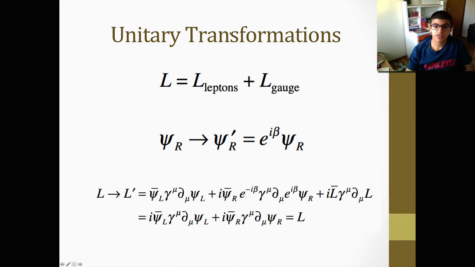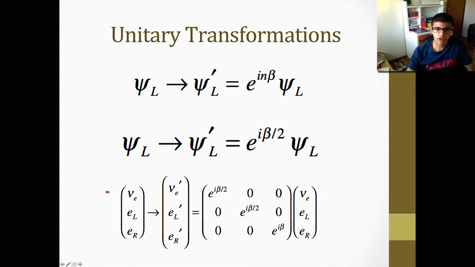What we can see here is that if you take a right-handed spinor and perform a gauge, or unitary, transformation on it, it's essentially indistinguishable. We get an exponential of i beta times the right-handed spinor. So it's virtually indistinguishable, and so is the Lagrangian. The Lagrangian has a symmetry; it is invariant under these transformations. But the left-handed case is actually